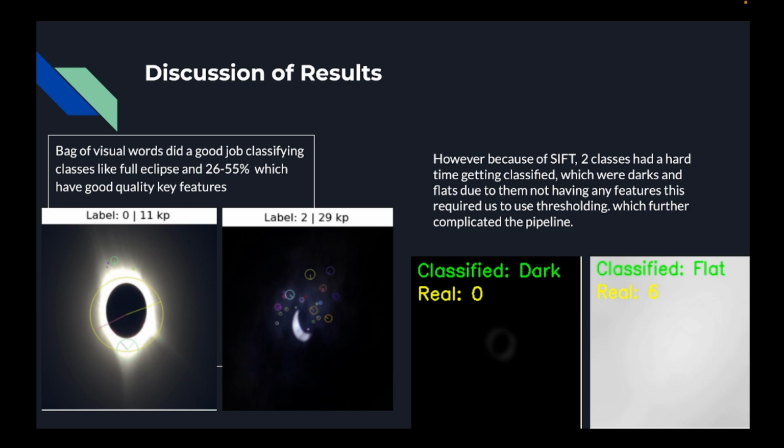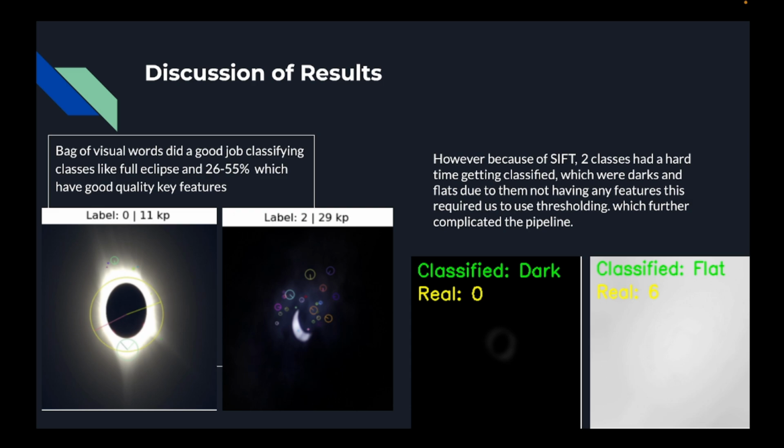Discussion of results. Bag of visual words did a good job classifying classes like full eclipse and 26 to 55%, which have good quality features as shown below, where you can see that the SIFT was able to get features that really describe what the image is. However, because of SIFT, 2 classes had a hard time getting classified, which were darks and flats. Due to them not having any features, this required us to use thresholding, which further complicated the pipeline. This was another pro with CNN, because CNN was able to do this out of the box instead of having to